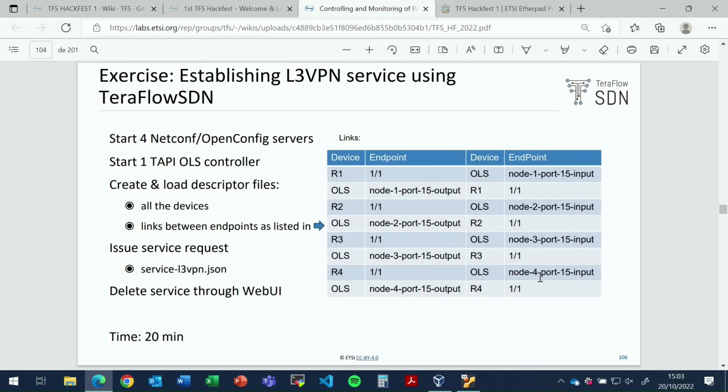The exercise I propose to do is about onboarding an entire topology here. The idea of the topology will be that we will have 4 netconf OpenConfig servers running. That means instead of 8300, we will use 8301, 8302, 8303, and so on, and the TAPI server that we already have. Then you need to create the descriptor files for onboarding all these devices, or at least those you don't have in your environment. Create the definition for the links that we want to onboard. You have here a summary table with the names of the different endpoints for each of the devices that we need to use. And if you succeed, you should